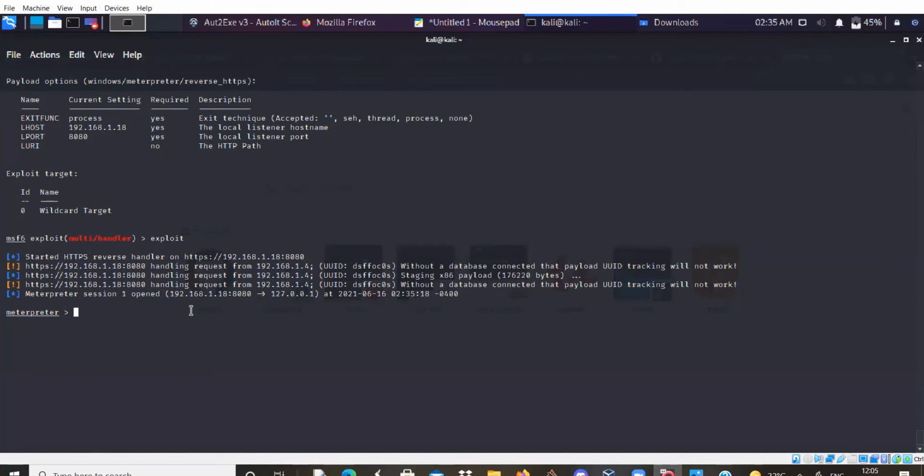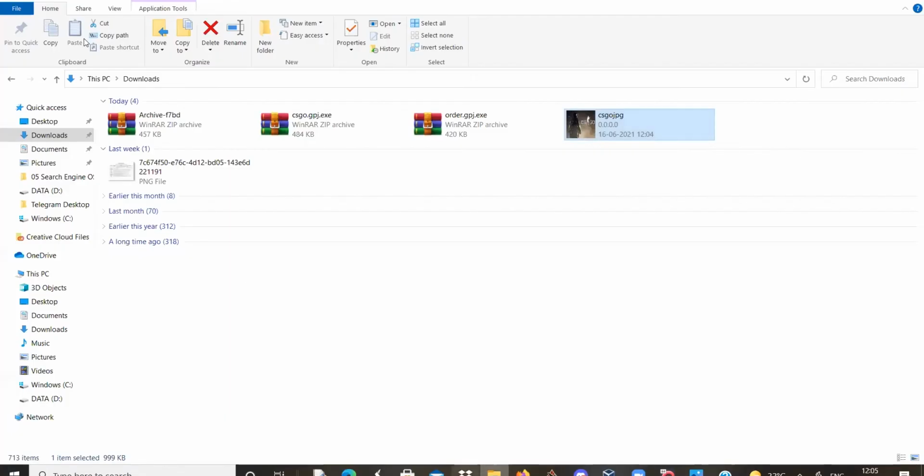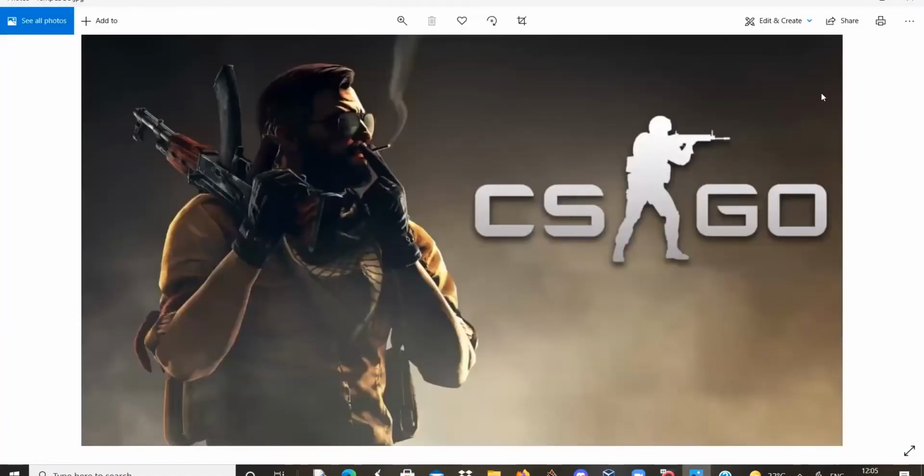So just to give you a recap of what happened, we created a payload. We spoofed it as a JPG. We sent it to the target. The target thought it was a JPG. So for example, if you go to my file system right here, it's csgo.jpg. And exe doesn't even appear here. Right? It has a preview and I can open it just like a normal image would, which is perfect. So once the target opens this image, a real image will also open for them, making them think it is actually a genuine image.